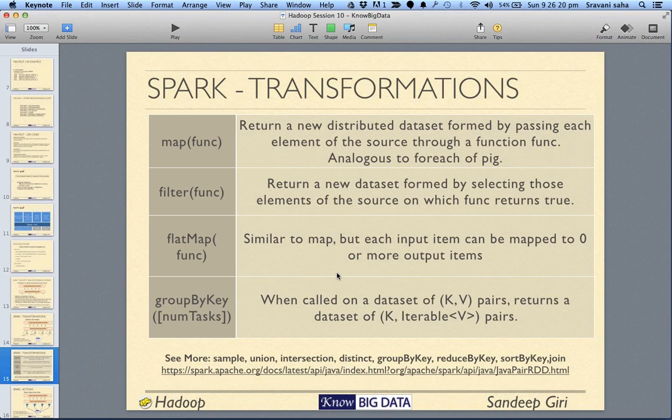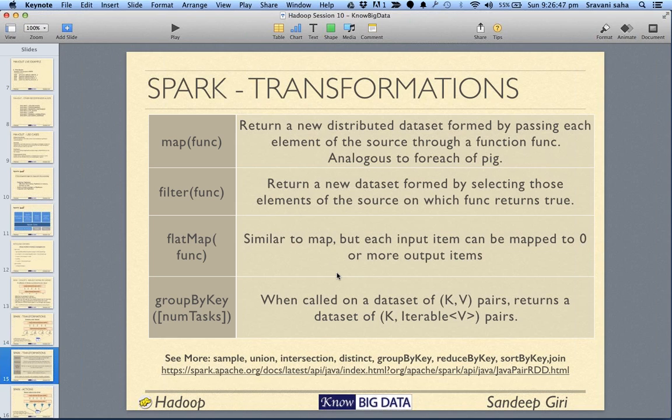Map simply converts one value into another in an RDD. Filter creates another RDD out of a few elements of the existing RDD, those qualifying based on your function definition. Flat map generates multiple elements for each element.